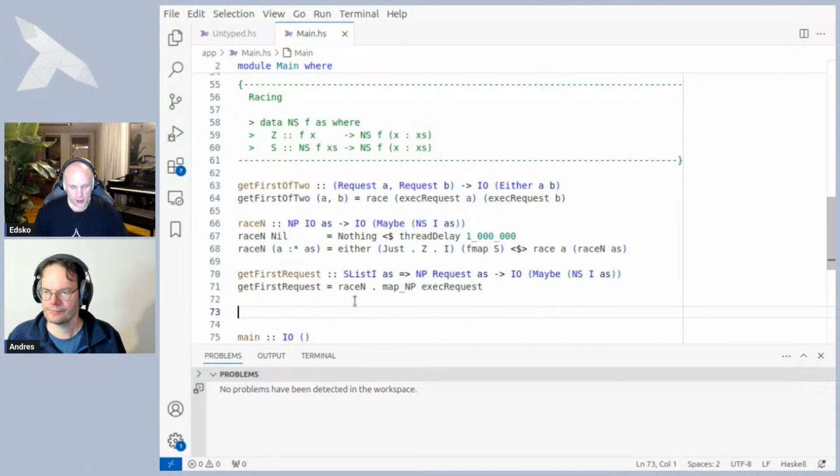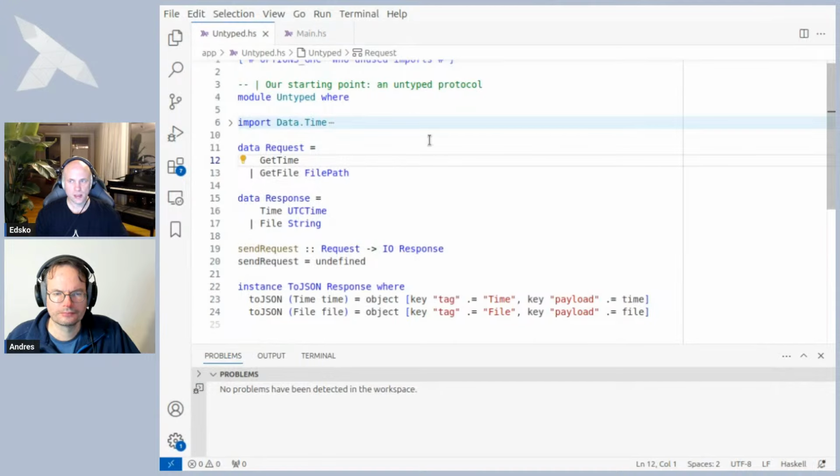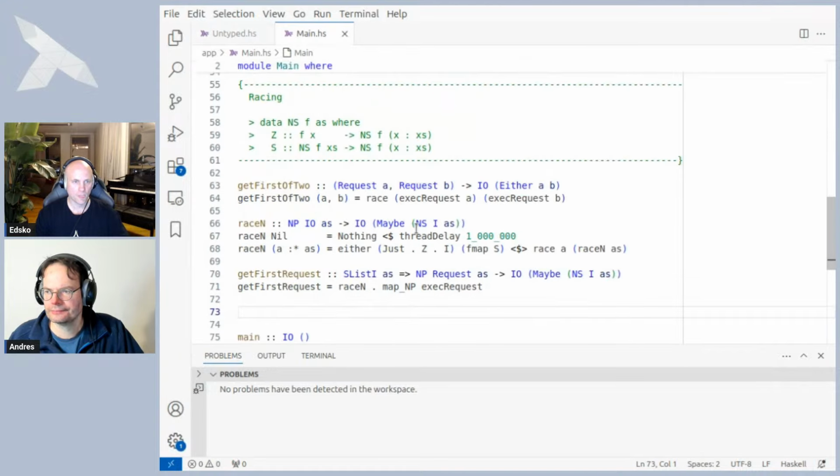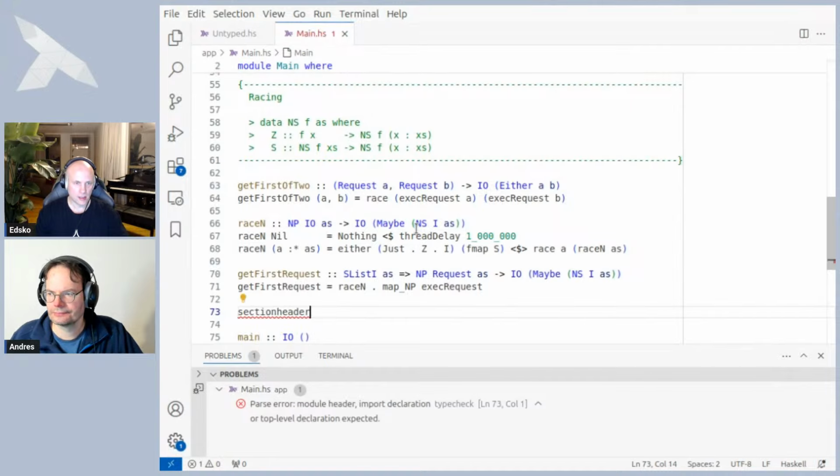So far, so good. That's dealing with multiple requests and some insight into sop-core, into the two key structures that sop-core offers, N-ary products and N-ary sums. Let's now get back to the serialization, right? When we started this episode, we had two problems, right? One was sort of the programmer's interface, and the other was how do we deal with serialization? So now let's look at serialization again